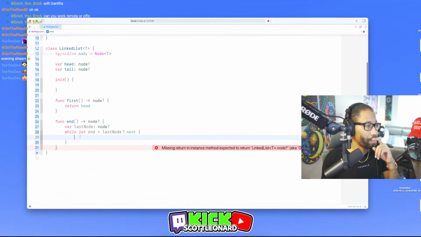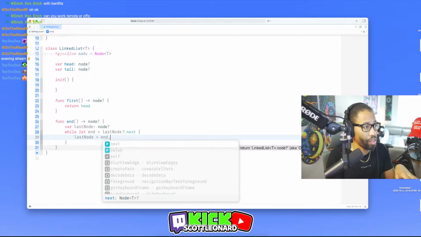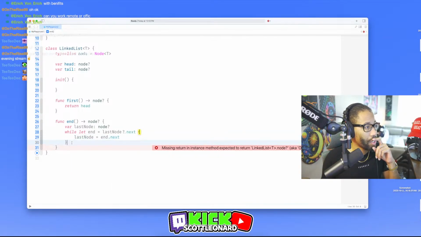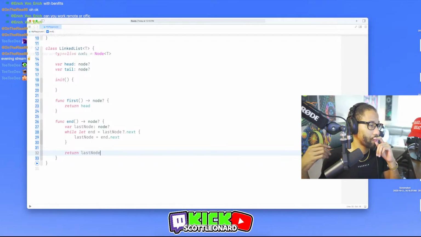And then he did last node equals end dot next. And then here, I think that he's returning, return last node. Right?